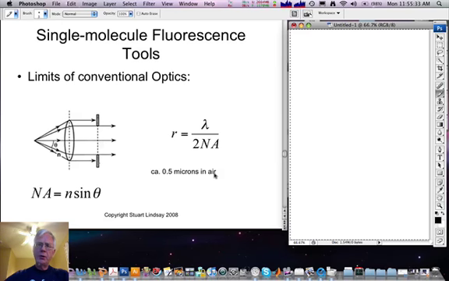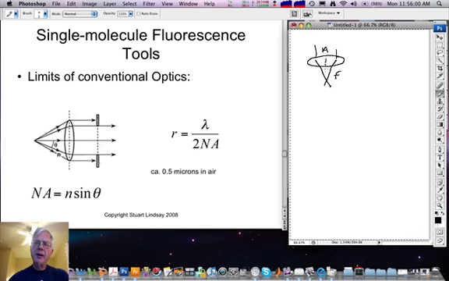So we turn now to techniques in single molecule fluorescence. These allow one to extract information beyond the limits of conventional optics. We've talked before about the wavelength limited resolution of a conventional lens, but let's elaborate that just a little more now. If there is some aperture here, A, and a focal length F,